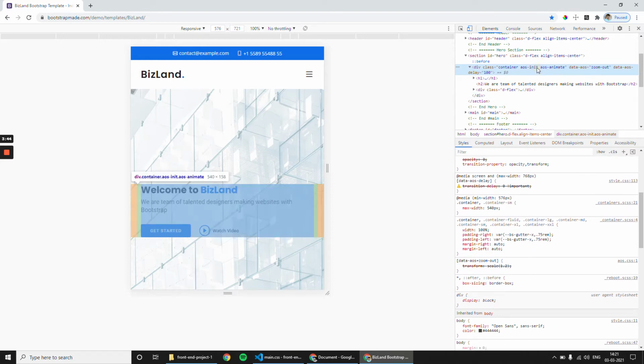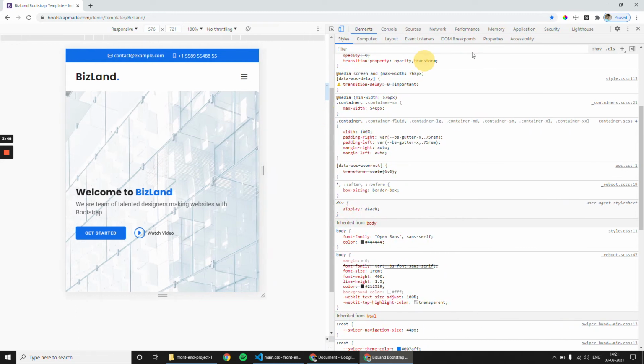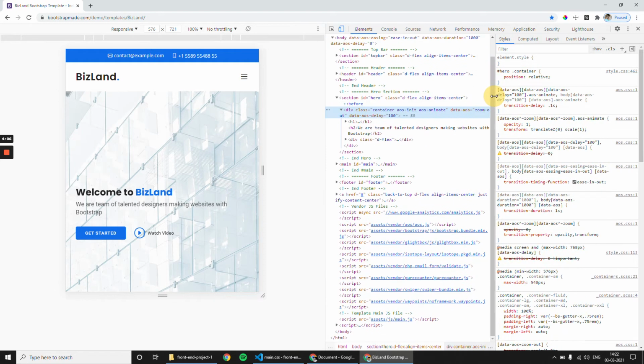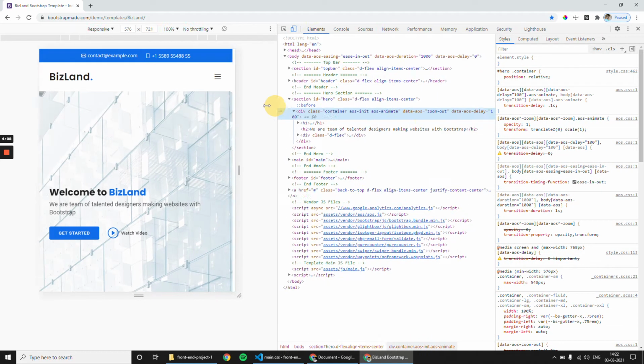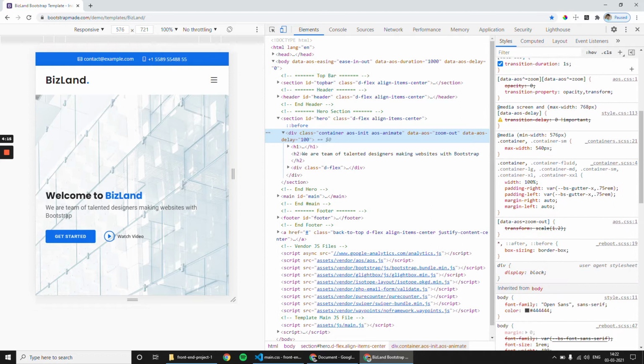If you want, I can zoom it a little bit. And check what they have applied for the container.